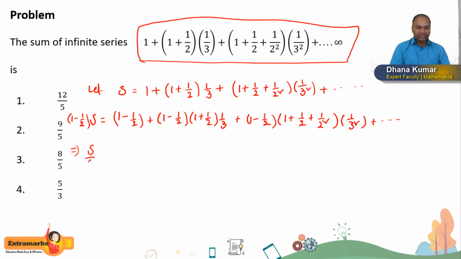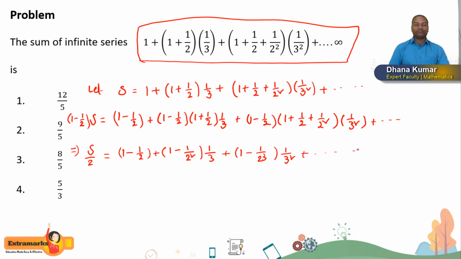1 by 2 into S, that is S by 2. So that is equal to what here? 1 minus 1 by 2. Here plus, it is in the form of a minus b into a plus b, a square minus b square. So 1 minus 1 by 2 square into 1 by 3. Is it correct or not? Fine. Plus here a minus b into a square plus ab plus b square, the formula for a cube minus b cube. So that implies 1 cube minus 1 by 2 cube into 1 by 3 square